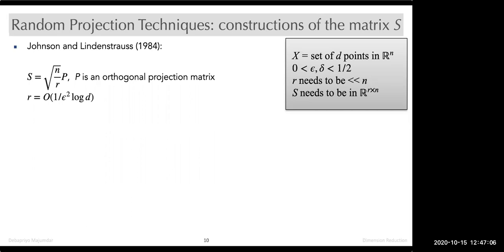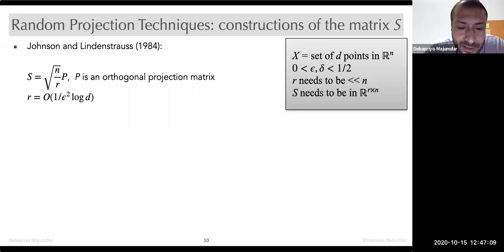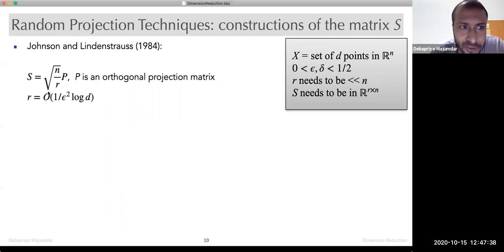Okay, let me give you a clue. Typically, what happens if you have a 3-dimensional space, you have points there, you project it onto 2-dimensional space. Points come close to each other. If you are still taking the Euclidean distance, your distances will reduce. And even if the relative distances remain the same, the absolute distances will reduce, right? If you are reducing dimension, you are actually bringing them close to each other, right? So if you simply take an orthogonal projection matrix and project, all your pairwise distances will go down.